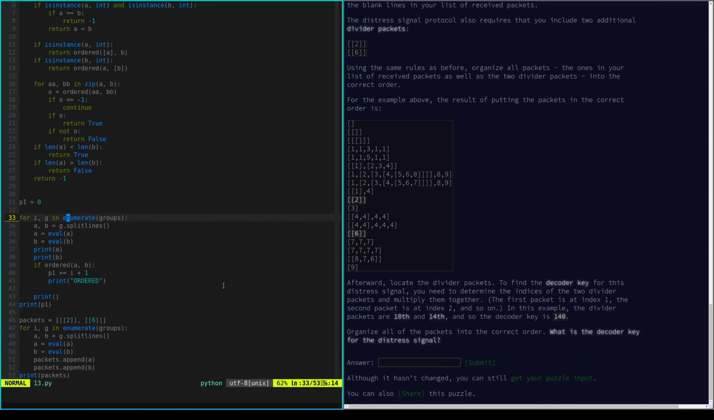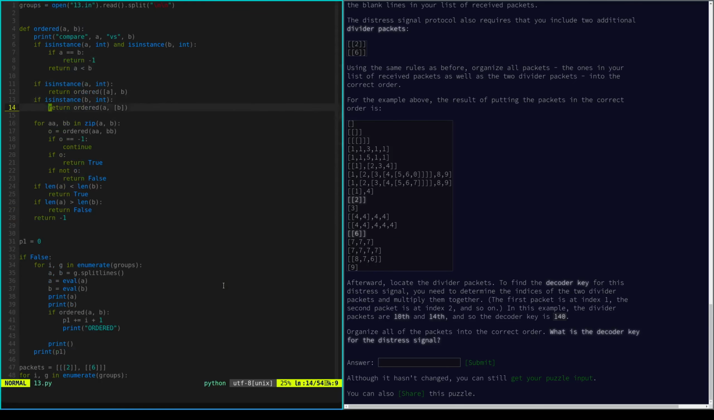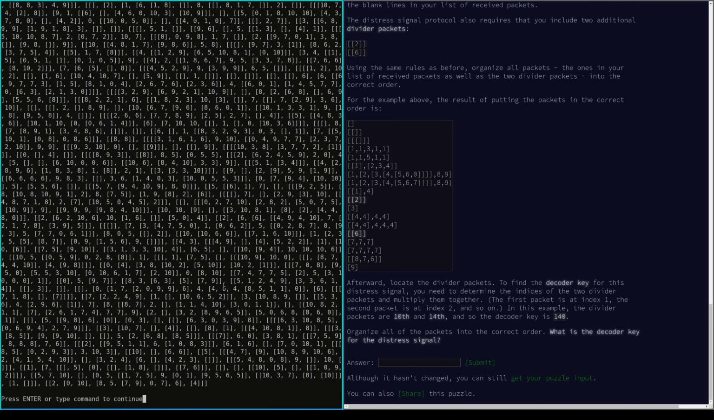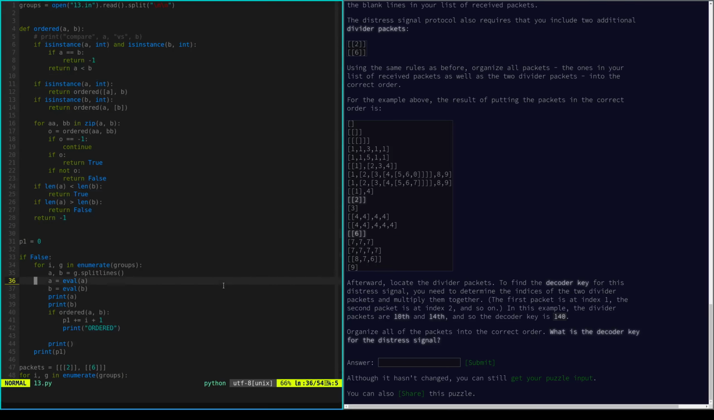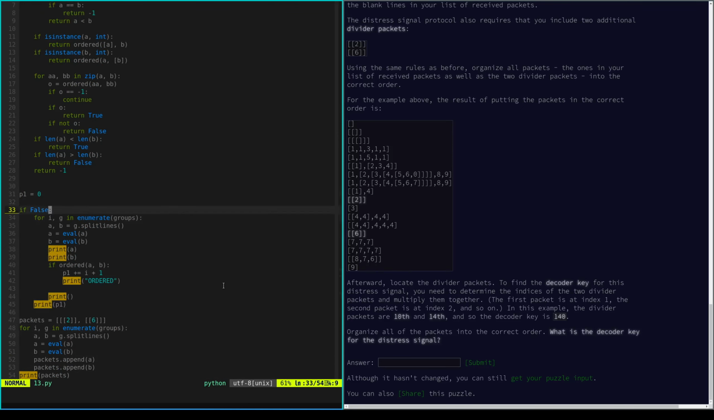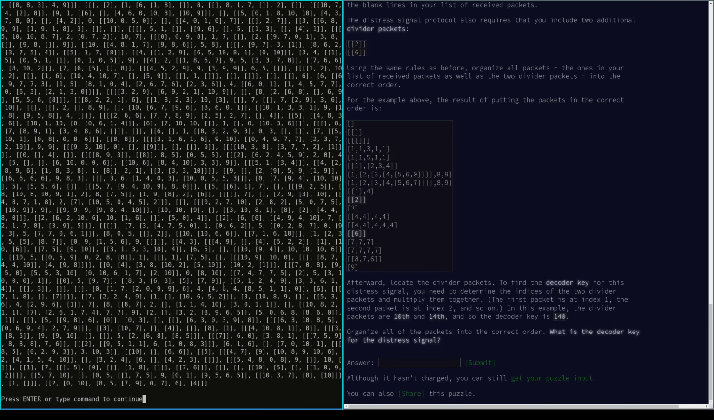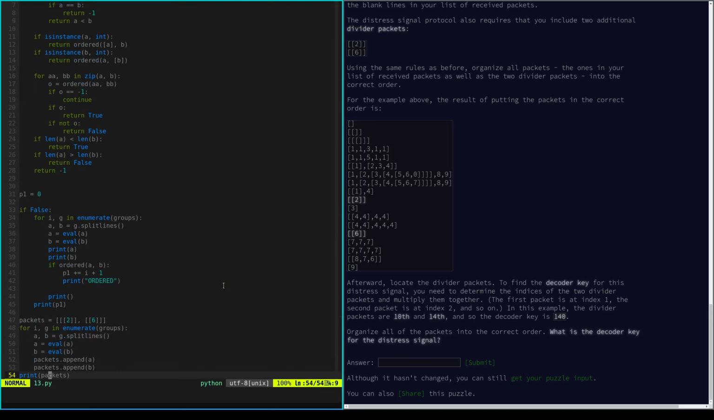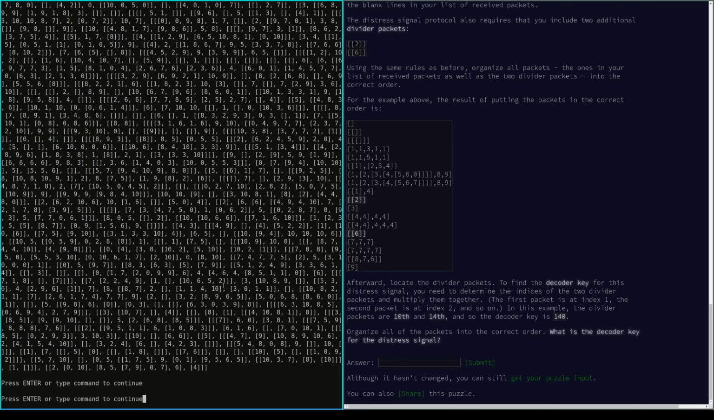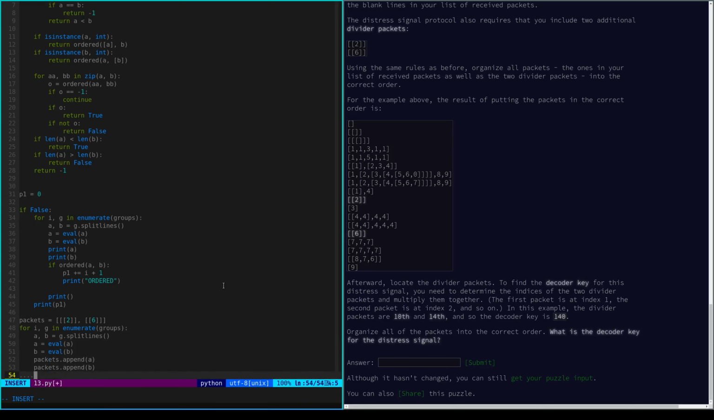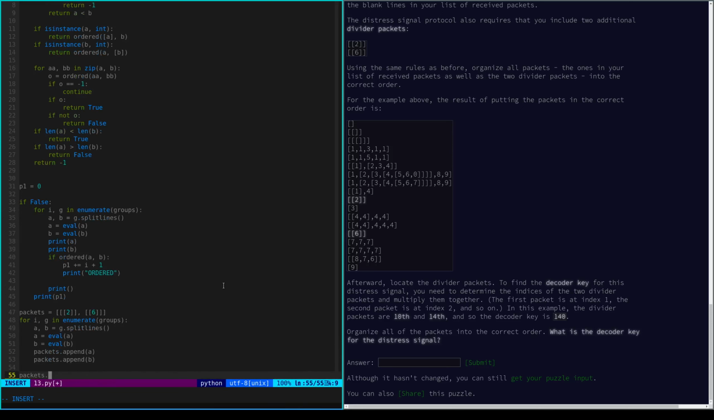We're going to ignore all this, and we're going to hide all of this printing. So what are we printing now? I don't understand what we're printing now. Okay, here we're printing the packets. So what we want to do is packets dot sort, key equals ordered. I think